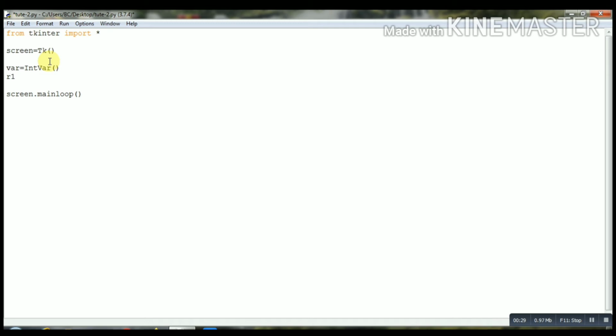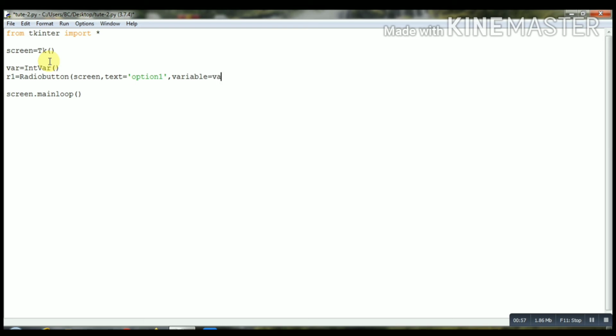Now let's create the variable R1 for radio button 1. For that, R will be capital and the rest will be small, so Radiobutton. As we are creating it on the screen, meaning the Tkinter window, name it as screen. Text, give it as option 1, and now let's set variable as var.